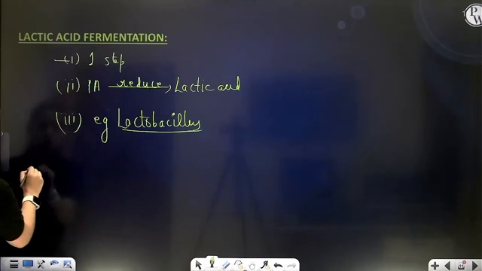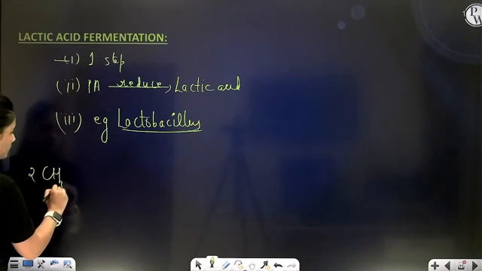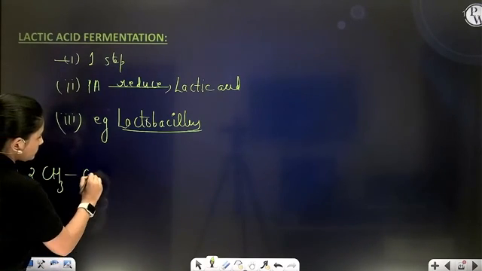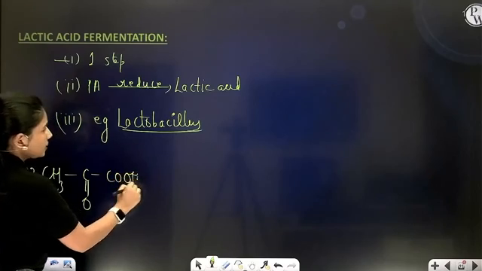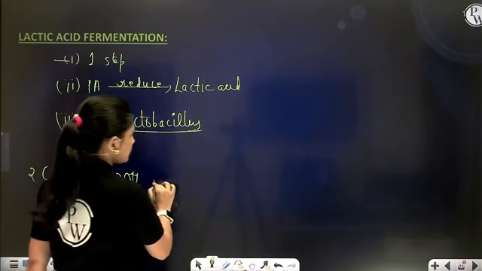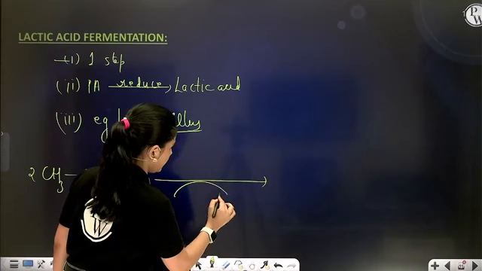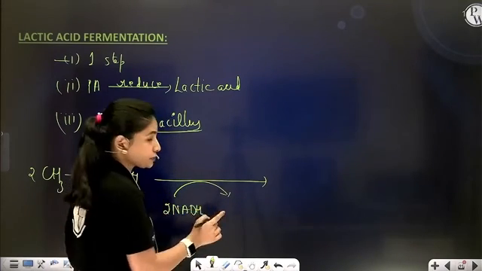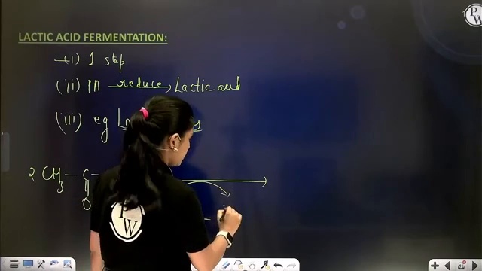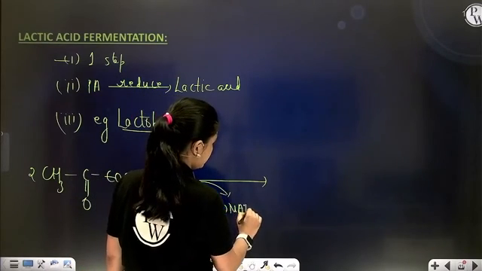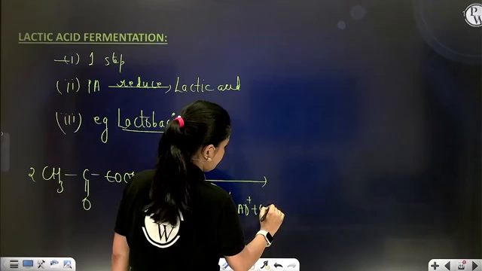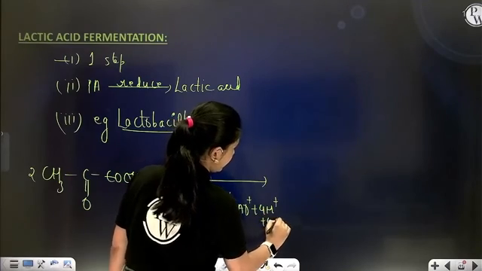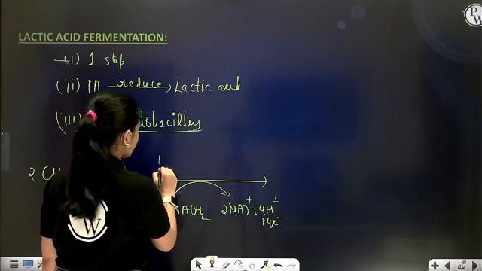Now you are having two molecules of pyruvic acid. Simply, reduction will take place. You know the reducing agent is NADH2, which was produced during glycolysis. It will get oxidized into its original state, producing protons and free electrons, in the presence of the enzyme